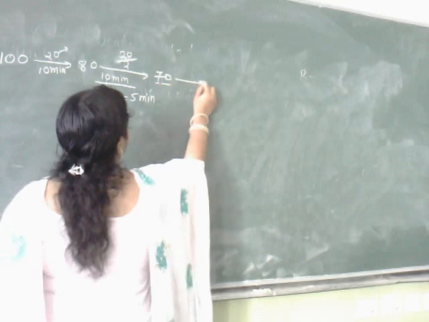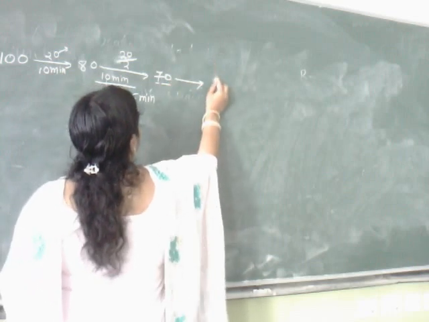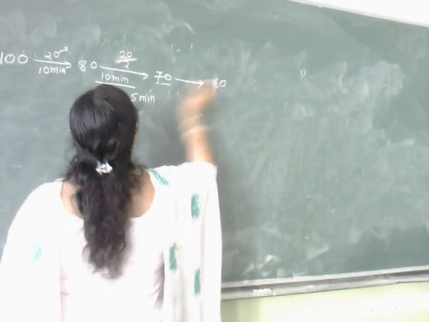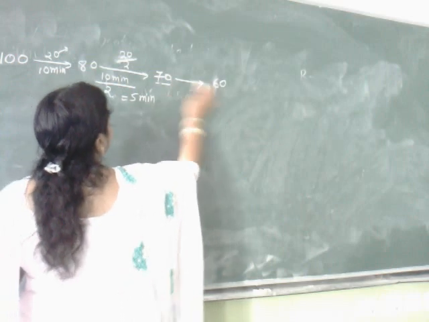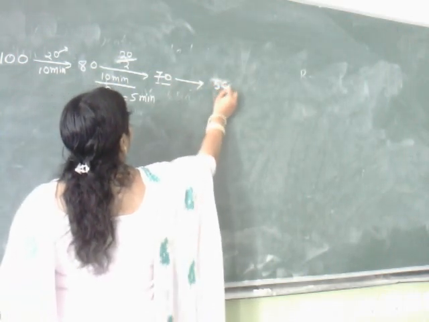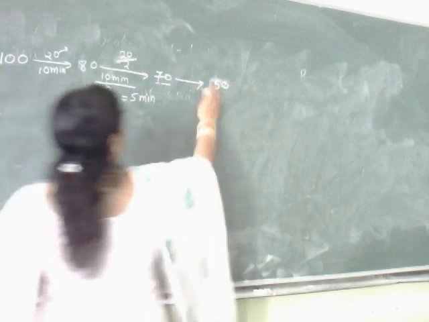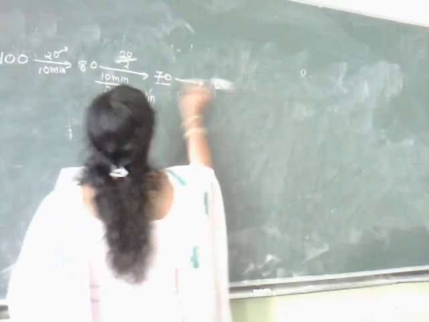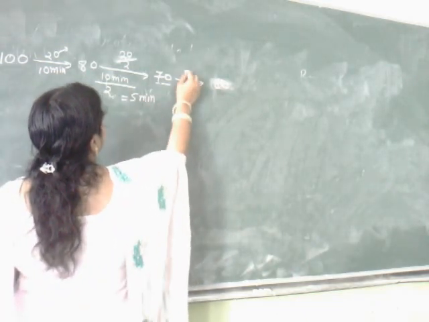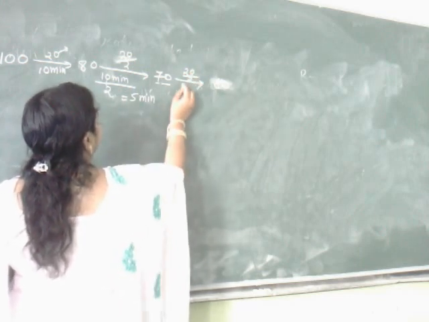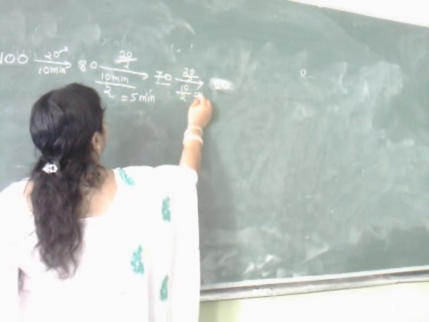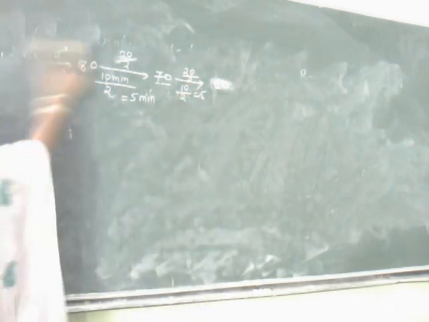And suppose here 80 is there, 70 to how much should come? 60. Here 10 drops. Or suppose 70 to 50 is there. But 70 to 60 here also drops 10 only. Actually it should drop 20, but here it drops 10 only. So divide by 2. The time also will be 10 by 2, 5 minutes. This you have to remember. See the next question, you will understand how to solve it.